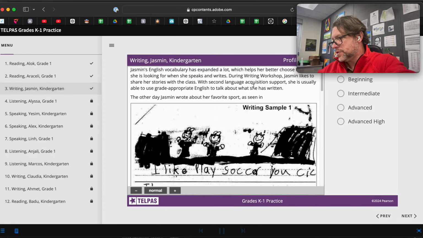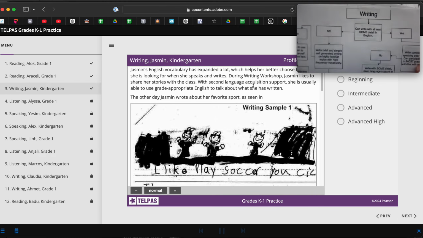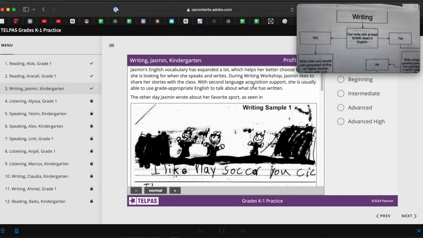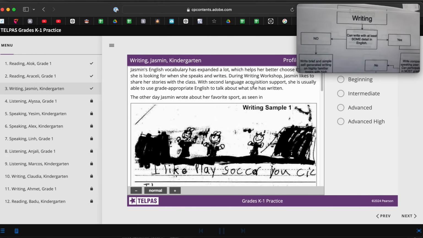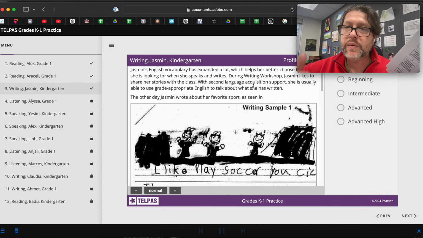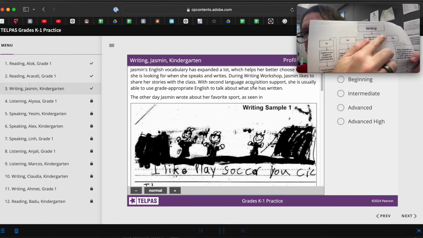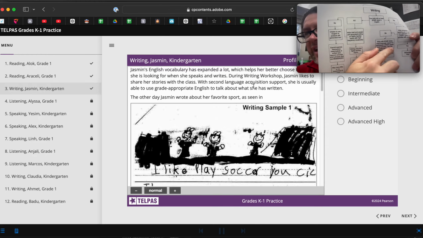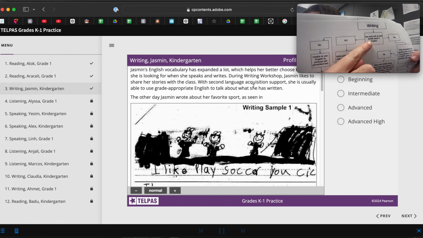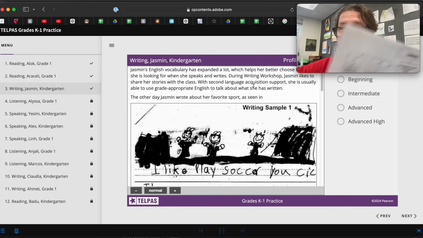So let's go to our flow chart, and writing. Okay, let's look at this. All right, so let's see how we divide it in writing. Can write with at least some detail in English. Can they write with some detail? If they can write with some detail, it's going to put them on the advanced or advanced high track. If it's just not much detail at all, then take them to the other side, beginning